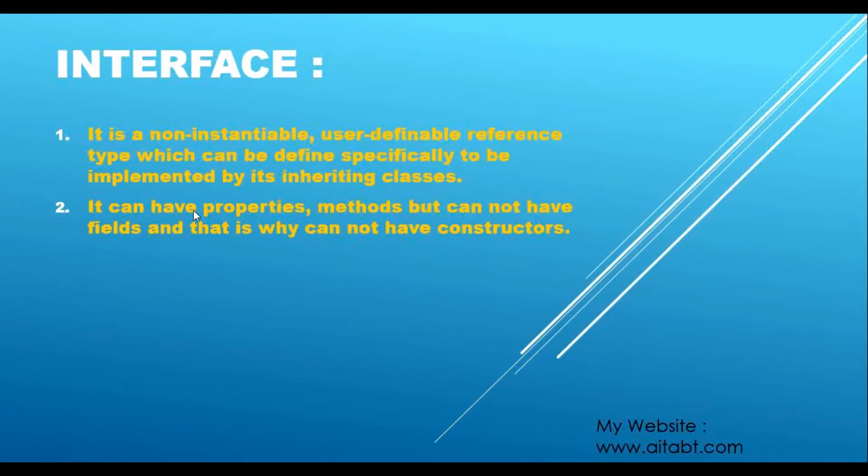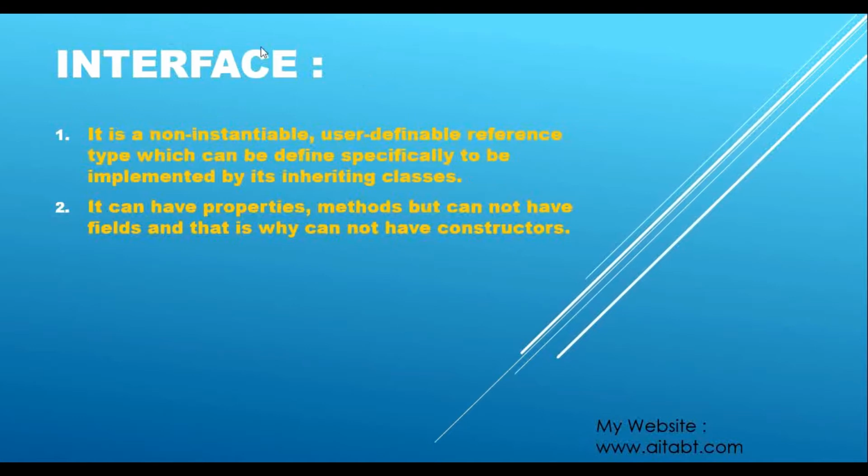Now this interface is user-definable as well as a reference type in C#, and at that time also I told you it is not necessary that if any type is a reference type, then it can be user-definable. No, that is not necessary. If any type is a reference type, it does not necessarily have to be user-definable, because we know string is a reference type, but that is not user-definable. We cannot define string, but this interface we can define.